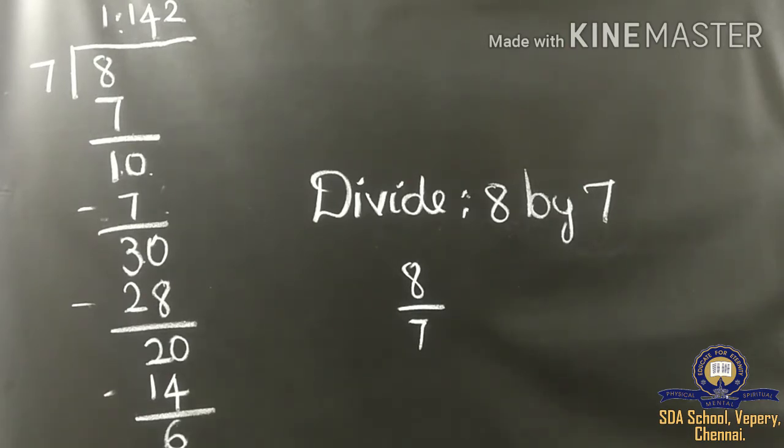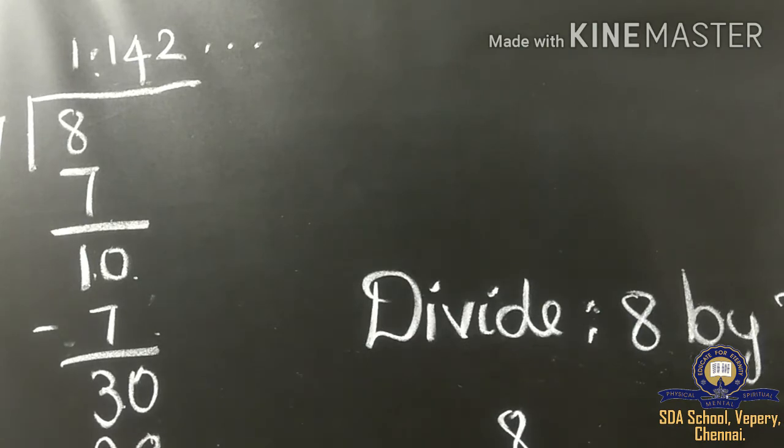You can observe that the process of division never terminates. Your remainder will not be 0. It will continuously go on like this. The division never gets completed, so this is called non-terminating decimals. In terminating decimals, you will get a remainder of 0. But in non-terminating decimals, your remainder will not be 0. Here you can see that your quotient goes on like this.